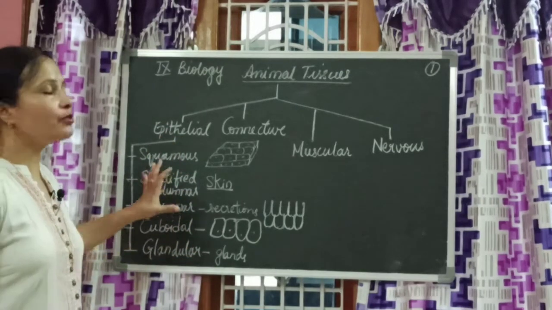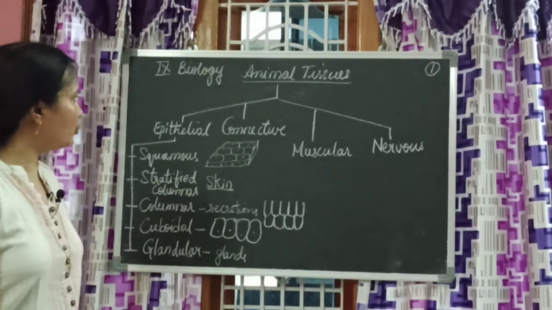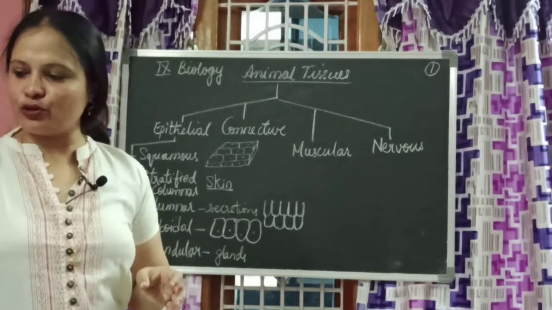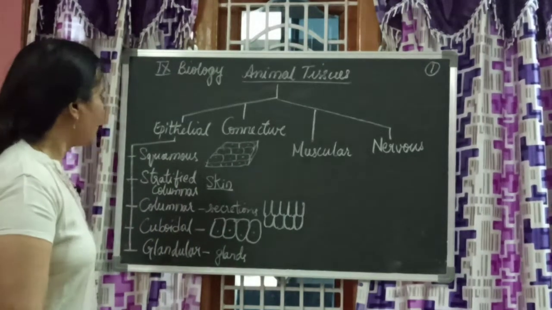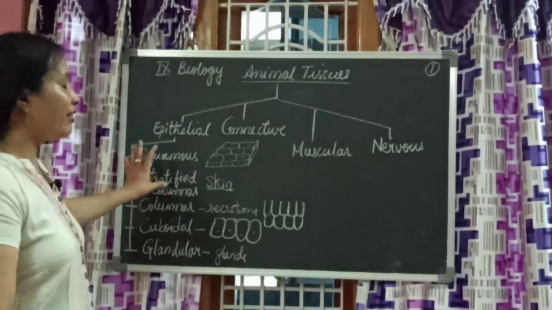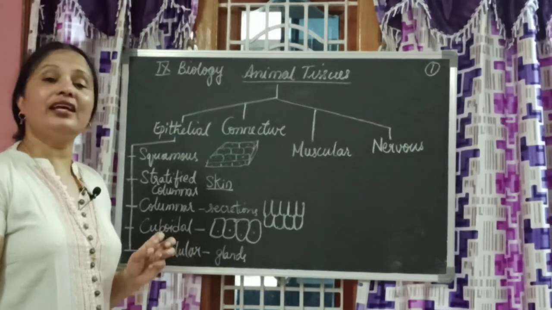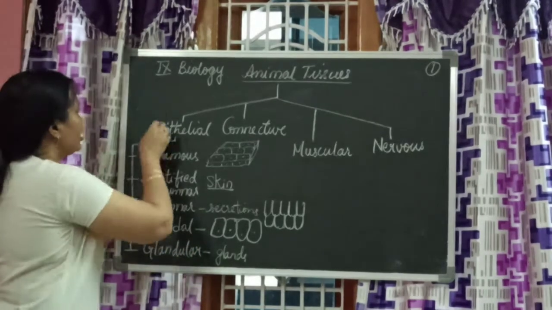You have any more doubts? Once go through your textbook, children. So if that is clear, now let us go to connective tissue. It's not that easy to explain connective tissue. Epithelial tissue is easy for us to understand, but remember once again, there are 5 types of epithelial tissue. And then ciliary epithelial tissue is also there. I forgot about that. It is not mentioned in your textbook, I think.